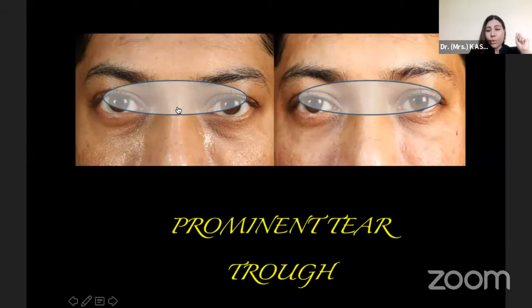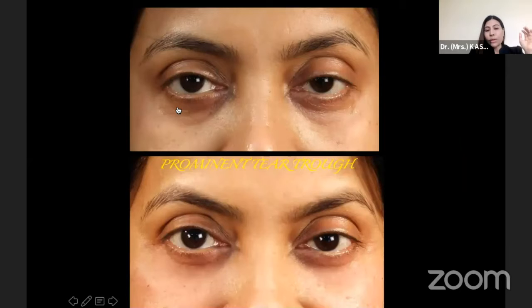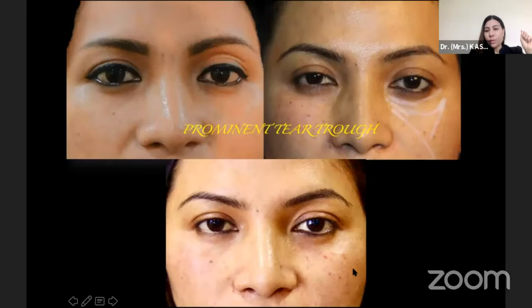So when you have a prominent tear trough like this, the treatment is, yes, dermal filler. So you need to differentiate when you need to inject the dermal filler or when you need to go ahead with the surgery. For a prominent tear trough without much hills, without much fat prolapse, the treatment is filler, where you need to inject in the classical 3 points that I have already mentioned here.